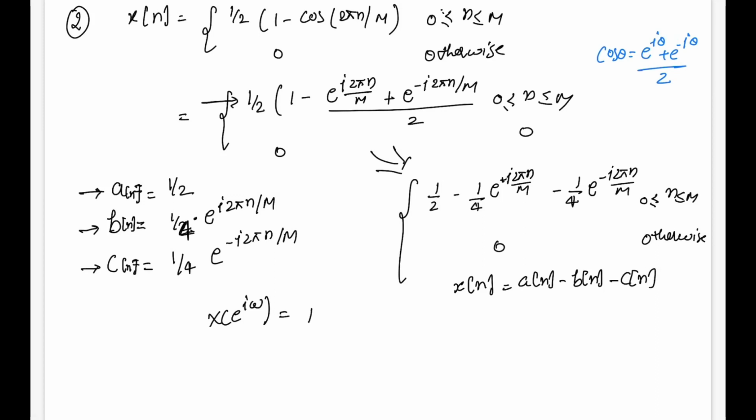In that case, this will be A(e^jω) minus B(e^jω) minus C(e^jω). Okay, so A(e^jω) we have already calculated in the previous problem, except